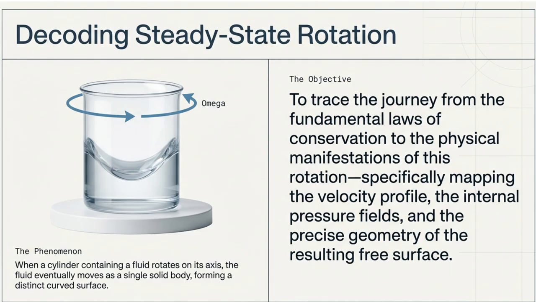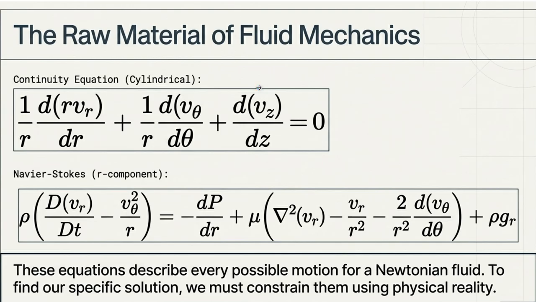So for this problem, we are going to derive the equation for velocity profile, and we are going to find the shape of a free surface of the liquid when steady state has been established. So for this problem, we are going to use the continuity equation for cylindrical coordinates, which is 1 by r into d by dr of r vr, plus 1 by r into d v theta by d theta, plus d vz by dz